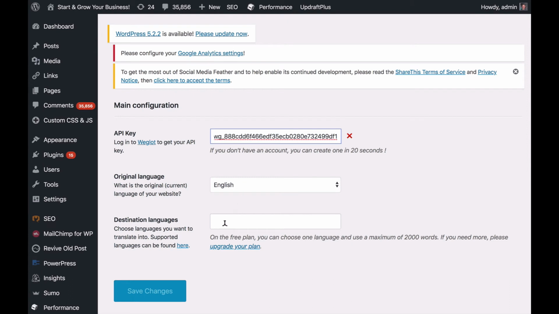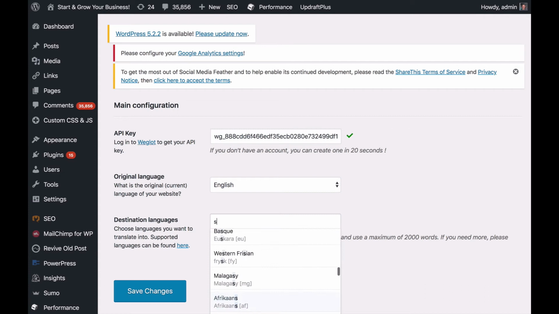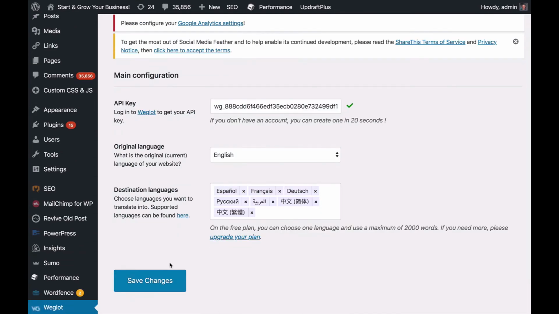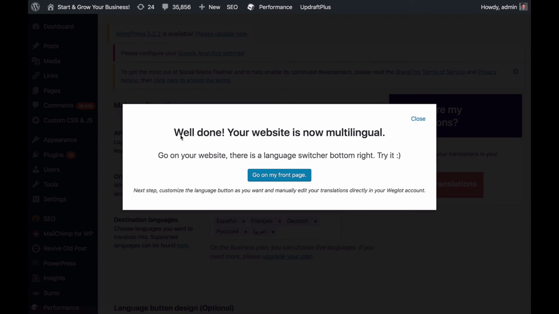Original language is English, yes. And then what you want to do is choose additional languages: Spanish, French, German, Russian. And the nice thing is you don't have to wonder how to write it exactly. You just will add languages. So in my case, I have the upgraded account, so I can enter many languages. In your case, just pick one language. So let's start with this, and we'll say save changes. And it's that easy. It says you are really done now, and your website is now multilingual, and the instructions